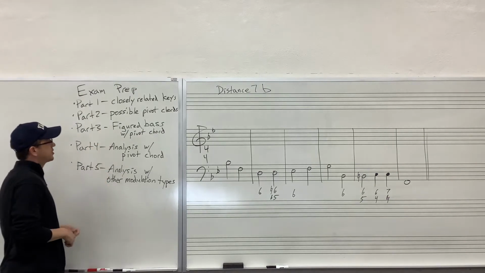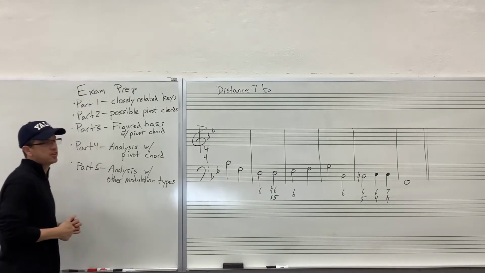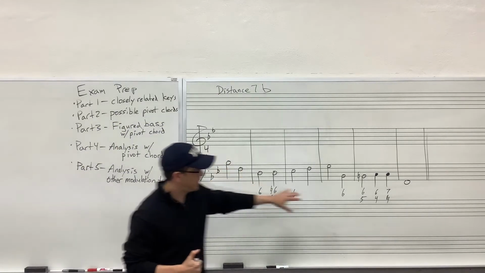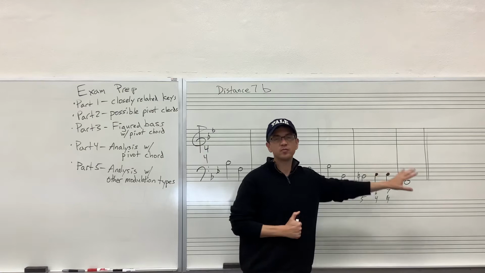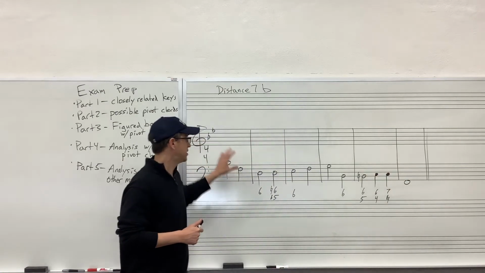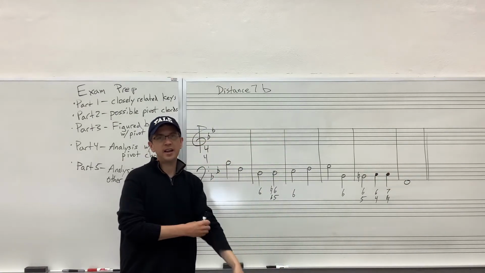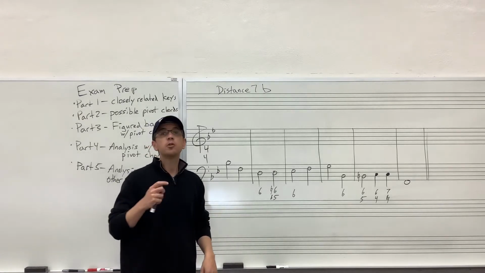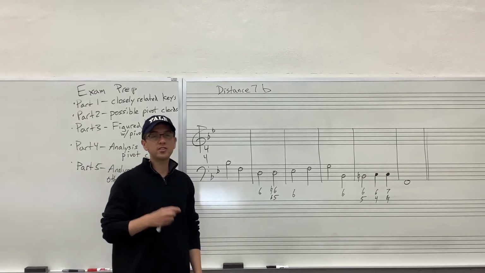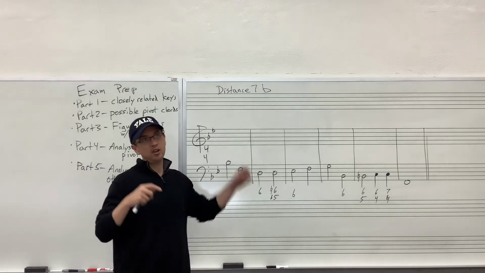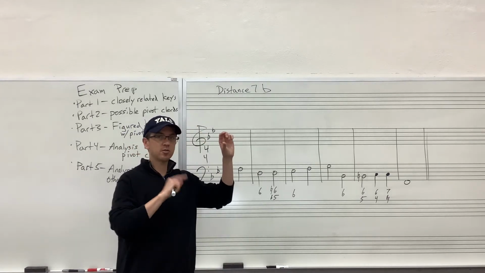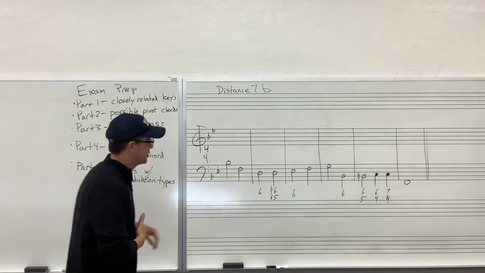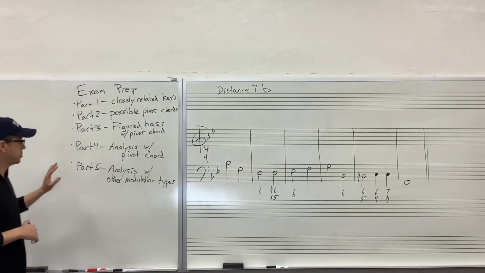Then the next section after that will have a figured bass, and it will start in one key, but by the end of the figured bass it will be in a new key. And you'll need to give me all of the stuff, and you'll also need to give me a pivot chord. Remember, pivot chords will always have two Roman numerals. A Roman numeral for the old key and a Roman numeral for the new key. We're going to do an extra figured bass to get you some practice. And then lastly, there will be some